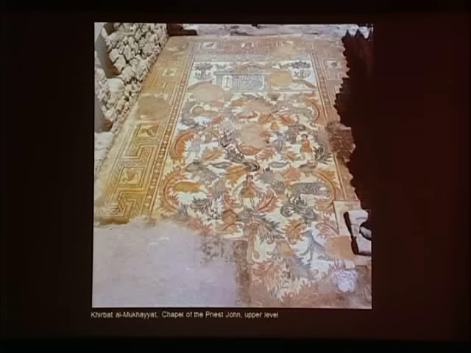In the upper pavement of the chapel of Priest John in Kirbat al-Mukayyat, scrolls again enclose figures from the sphere of hunting animals, 2 men offering baskets full of fruits to a representation of the earth, a veiled woman with a basket. There are several donor inscriptions, but no figure in the scrolls